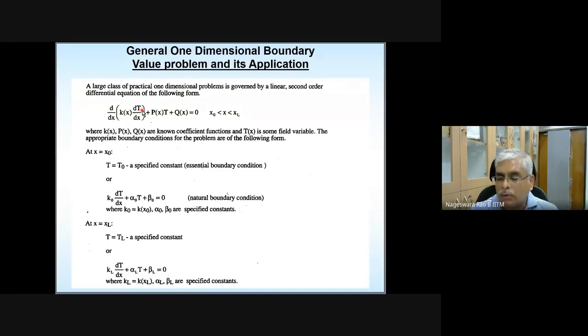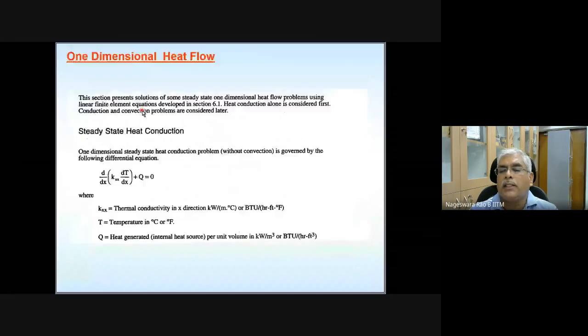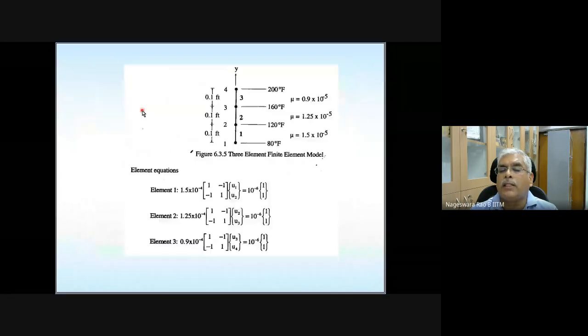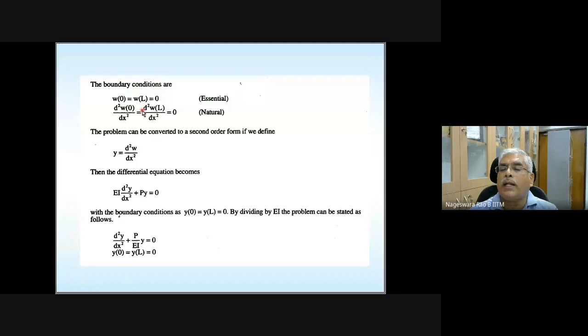Somehow I need to do some substitution and reduce this fourth order differential equation to a second order differential equation, and also see the appropriate boundary conditions with this kind of substitution. And then once we get the revised differential equation, we need to compare it with the general one-dimensional boundary value problem. So I told you to make a note of that differential equation. I don't know whether you have done it or not, but now you need to make some substitution.